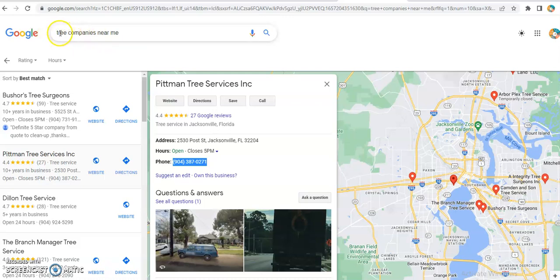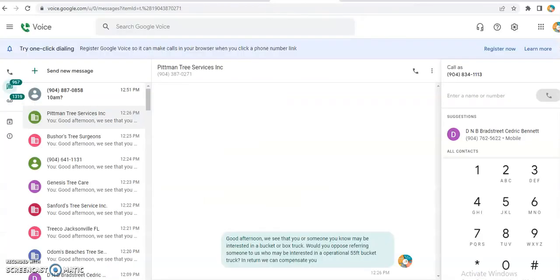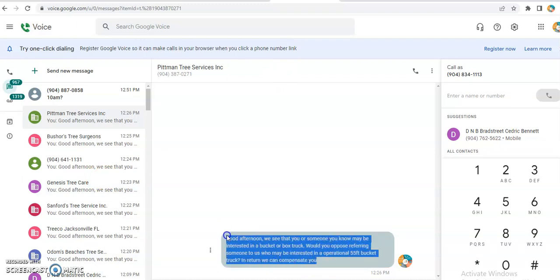So once I type in on Google tree companies near me, only thing I'm going to basically do is create a message that I want to state. I'm also going to have my Google Voice or some type of voice over IP website already generated and up and running. So as you can see here, I have the message, and for the programmer that's watching this as well too,